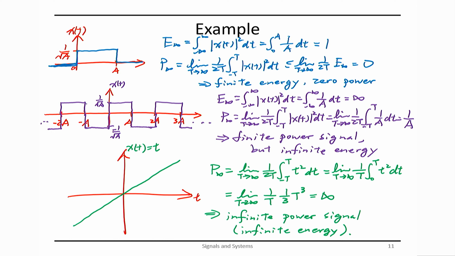Okay? If you have a periodic signal, a signal that repeats itself over time, then usually it's infinite energy, right, because it extends to infinite time, but it can have finite power. Okay? Now, if you have a signal that grows without bound, then usually it will have infinite power. Okay, so this is just to give you some insight on what types of signals you would see